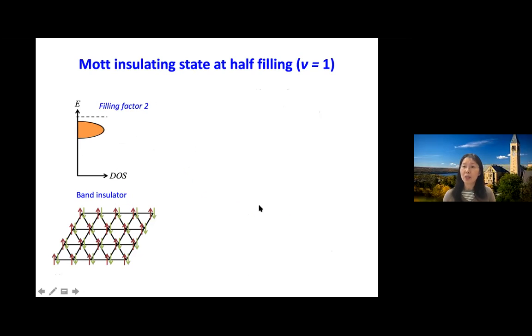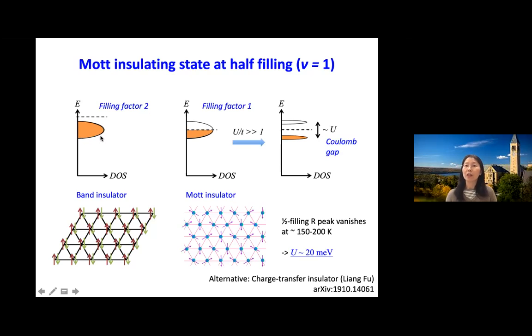So the resistance peak, or the insulating state at the filling factor 2, is very well understood by the single band picture. It's just a band insulator. When the first Moire mini band is fully filled, you see an insulator. So the filling factor 1 insulating state is a little more complicated. It's not a single particle. It's a Mott type of